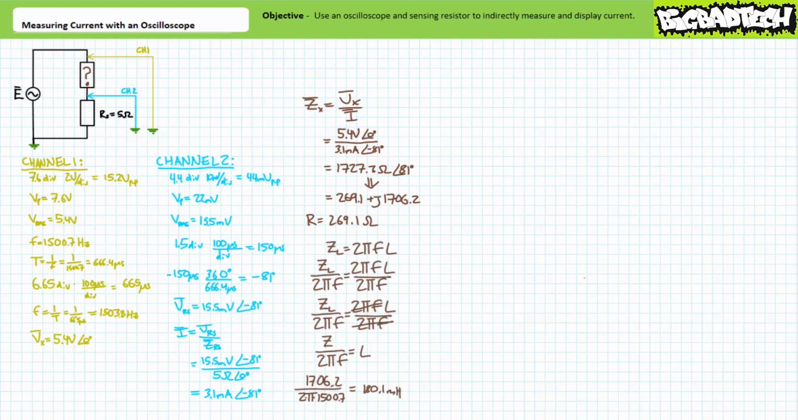Given the imaginary component is clearly inductive, we can rearrange the inductive impedance formula to solve for inductance and substitute in our given magnitude and frequency values. Doing so yields an inductance value of roughly 180 millihenries. We can be certain that our unknown impedance is a 269.1 ohm resistor in series with a 180 millihenry inductor